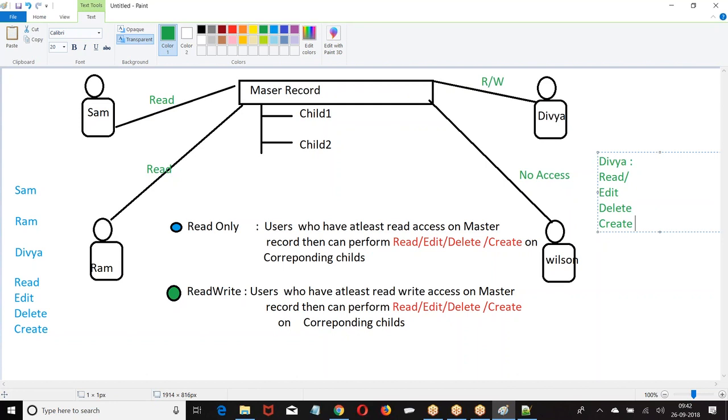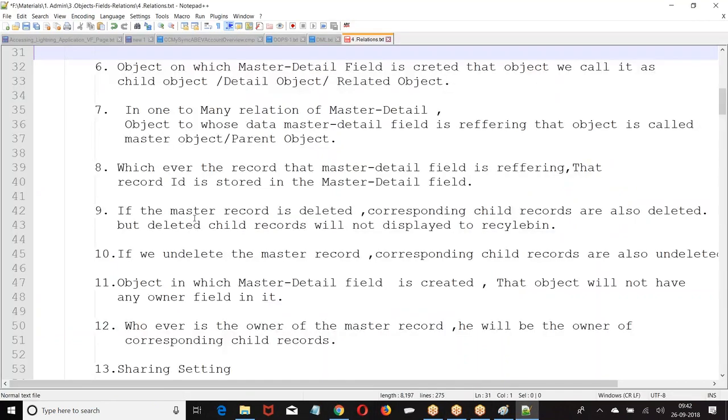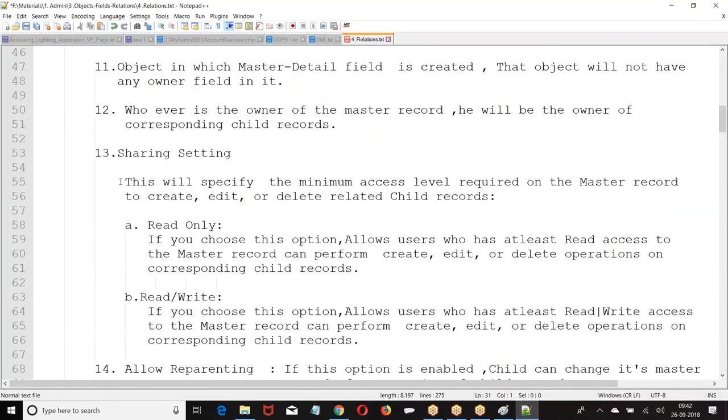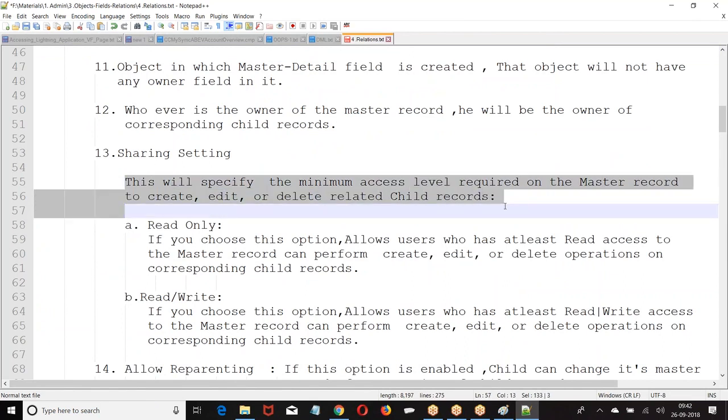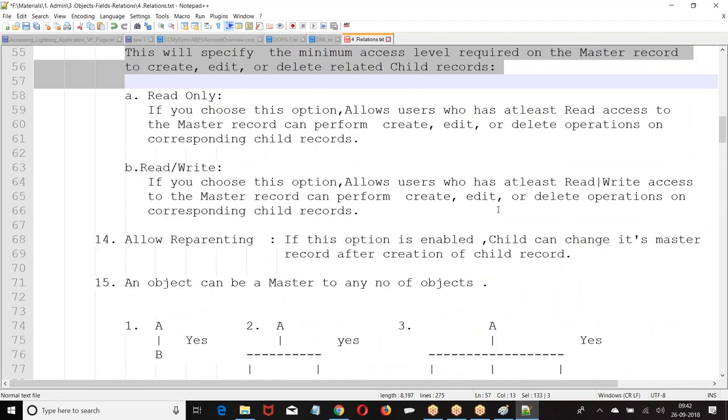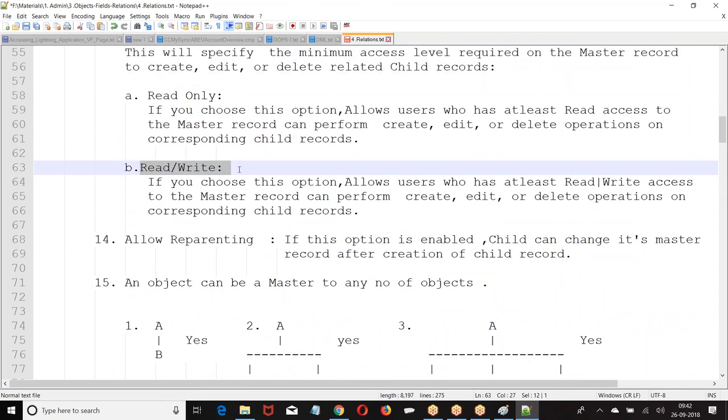I hope you are good with this. This is called sharing. That's what I gave you. This will specify the minimum level of access required on master record to create, edit, delete related child records. Read only is the first, the second one is read and write. I hope you are good with this.